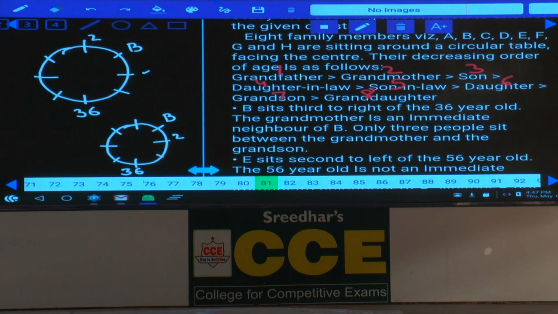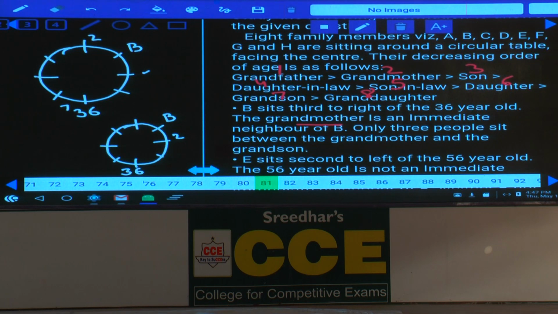Done with this? Then afterwards, B sits third to the right of 36-year-old. The grandmother is an immediate neighbor of B. 3 people sit between grandmother and grandson. Now among these 8 persons, 3 persons are opposite to each other. Hence grandmother and who is the other person here? Grandmother and 7 are opposite to each other. Hence 7 can be here. And grandmother